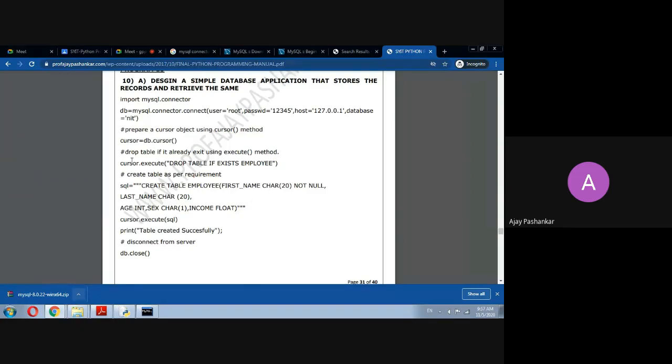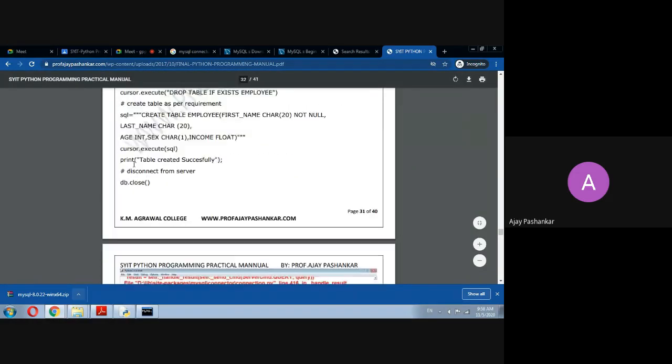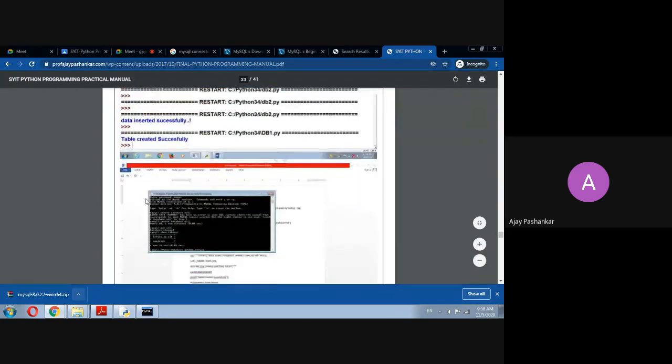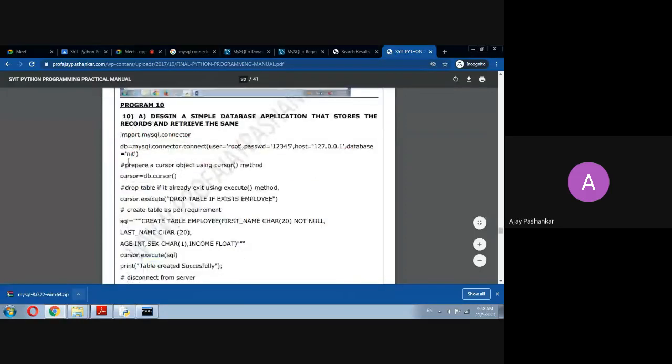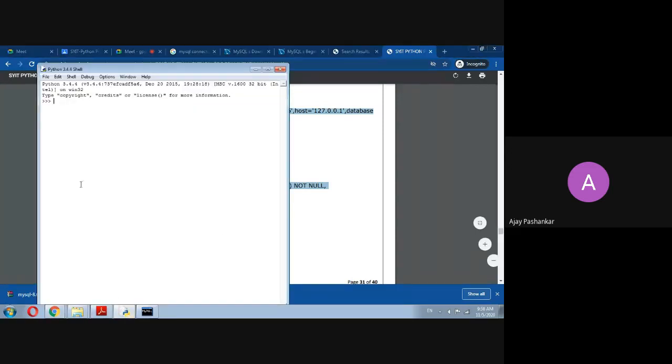Now, if you are taking code from this file, make sure your indentation is proper. Otherwise, you will face lots of problems. So you can just execute this thing and run this program. I'll be taking this program based on this widget and other things on this database during practical also. I'm just showing a small piece of code. Now, I'm just using this.